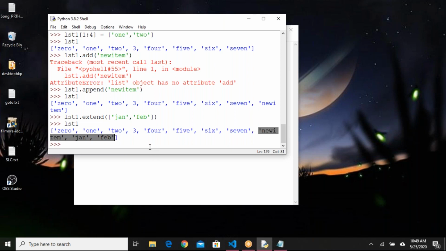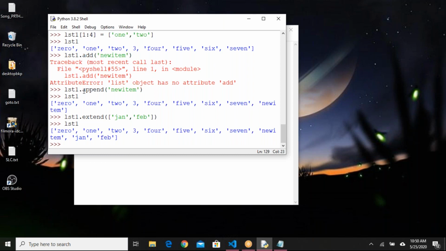If I want to add at a specific index, for example, I want to add 3 as an element, at number 3, 0 1 2 3, I want to insert a value 3. Actually here I want to insert one more value, not replace. If you want to replace, you have to use list of 3 equals new value.